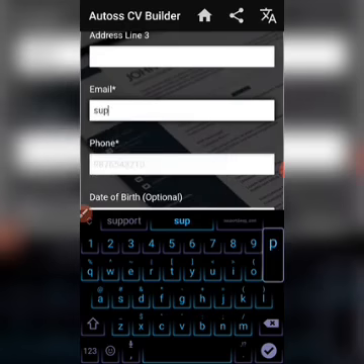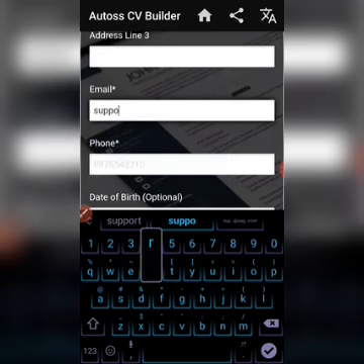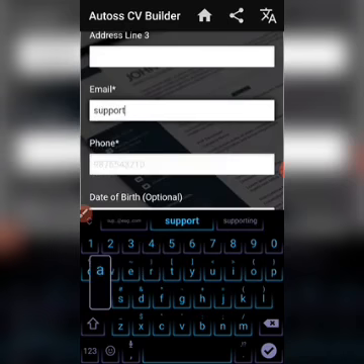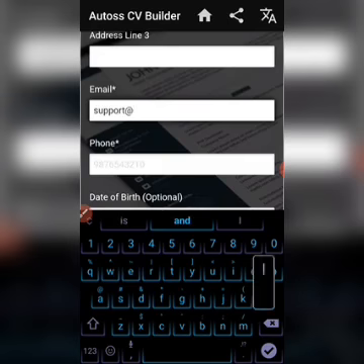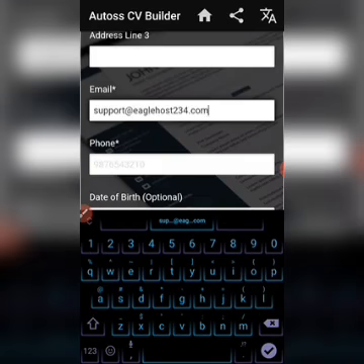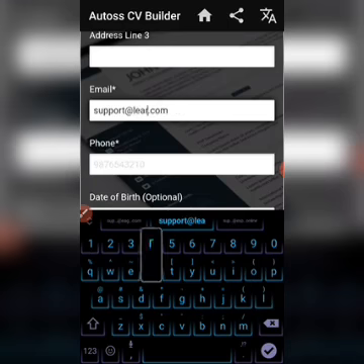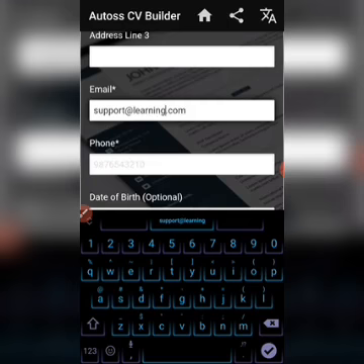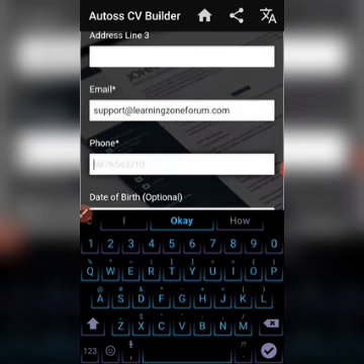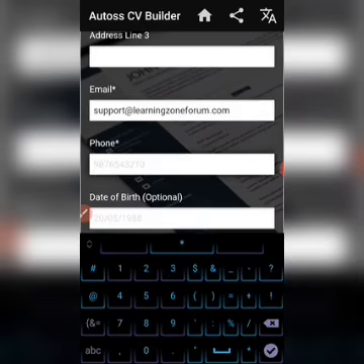Let's say the email is support at learning zone. Sorry, that's not what I intended to write. Learning zone forum. Right, then I will put my number, and